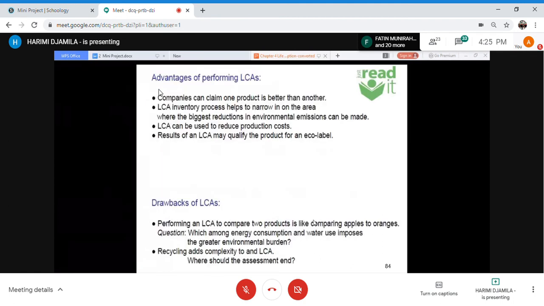Okay, this one I didn't do now, for your information. I believe from the previous year, I asked my students to read it. So I just leave it for you to read later. You will learn some things about the advantages and limitations of life cycle